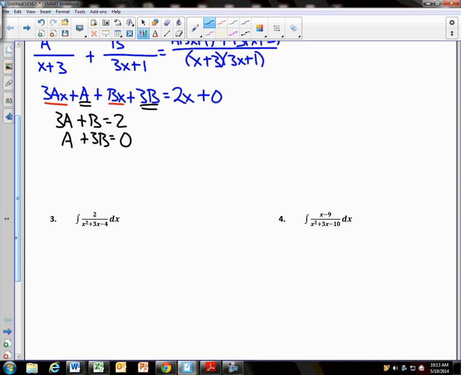So, all right. If you want to combine these together, we're going to use elimination. I'll multiply the top through by -3. And if I do that, I get -9A minus 3B is equal to -6. What is A plus -9A? -8A equals -6. Divide both sides by -8. A is